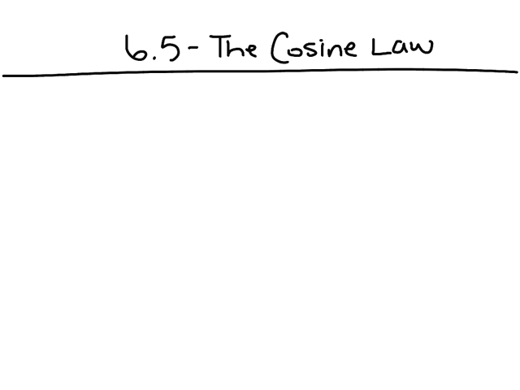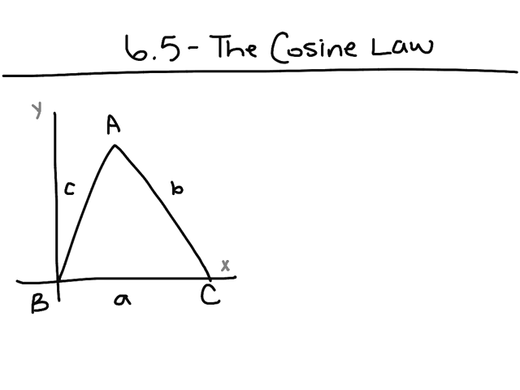The cosine law is an adapted form of the Pythagorean theorem, and it can be applied to obtuse and acute triangles. It can help solve problems where the sine law doesn't apply. So in any triangle ABC, our c squared, so the side of c,